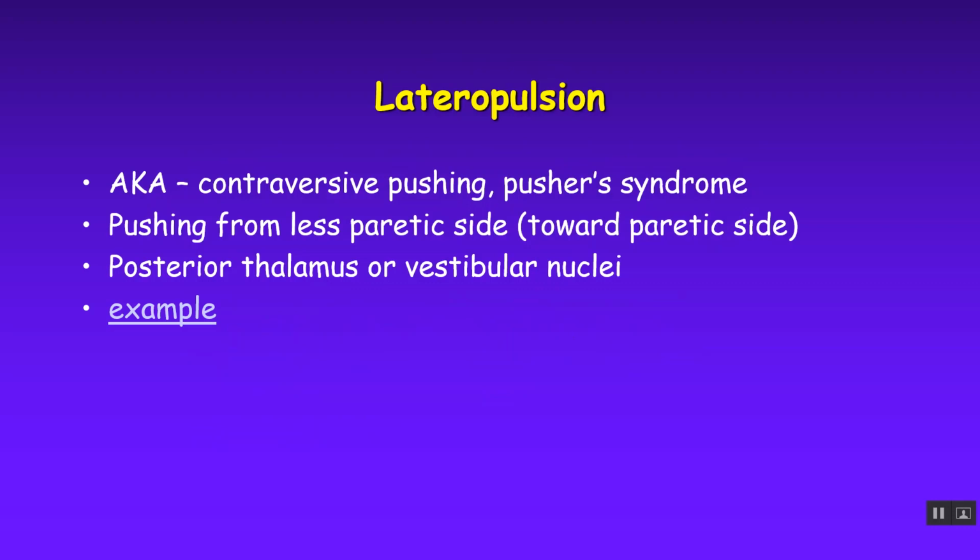Lateral pulsion, I mentioned earlier in the slide. This is that contraversive pushing. Pushing from the less paretic side towards the paretic side is typical, in that they push with their good side towards their weak side. The posterior lateral thalamus or the vestibular nuclei, if you have damage to either one of those, could lead to this contraversive